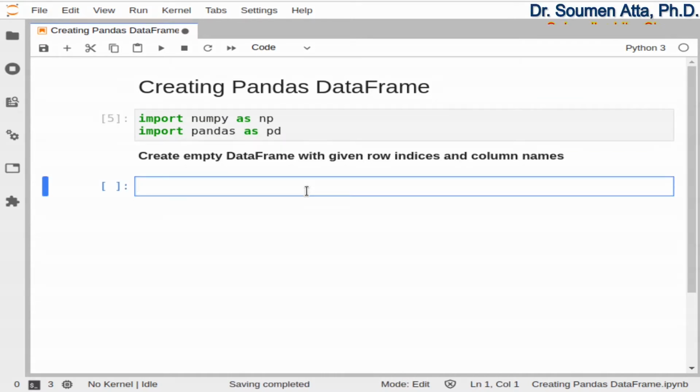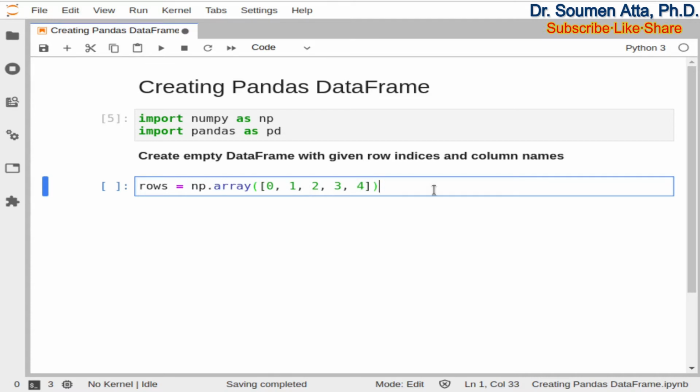Now I will show you how to create an empty data frame with given row indices and column names. Suppose the row indices are given using a numpy array like this: rows equal to np.array, and the indices are 0, 1, 2, 3 and 4. You can use any kind of indices.